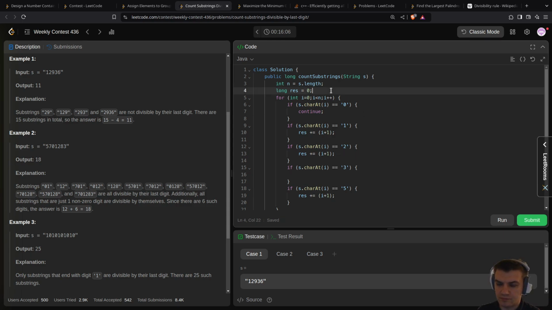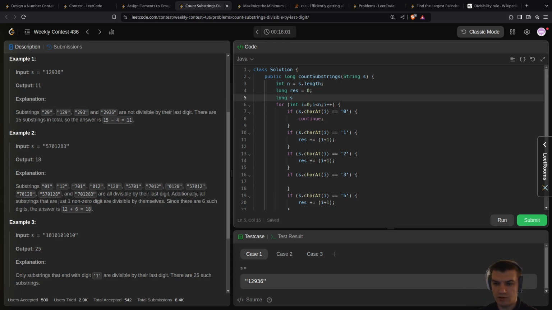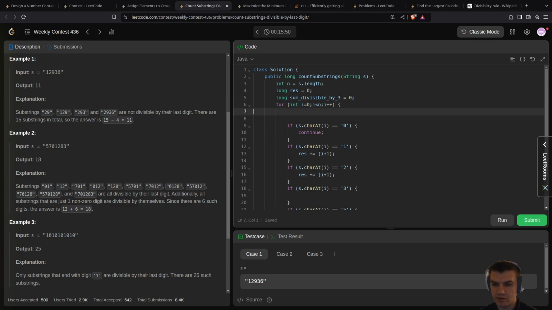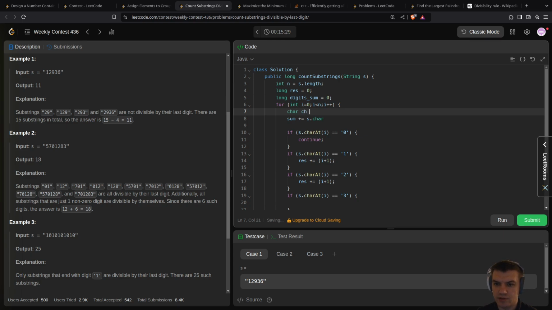So long sum divisible by 3 equals 0, and then I need to go, digits sum, and then sum was equal